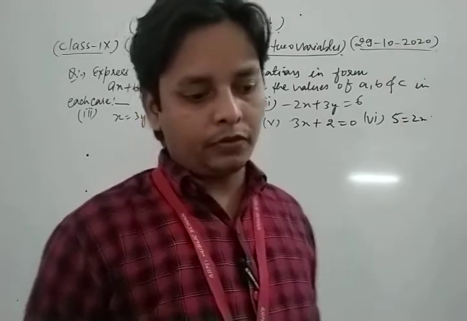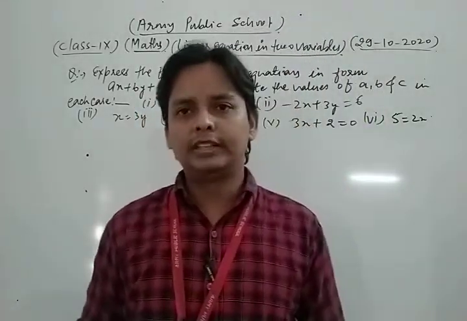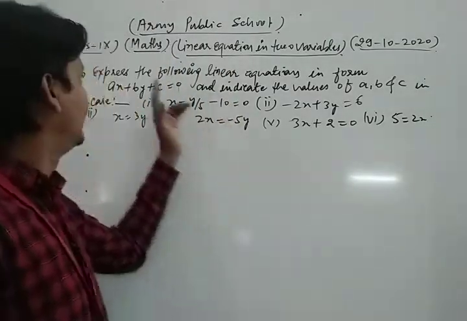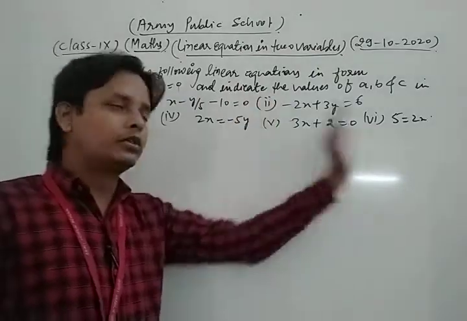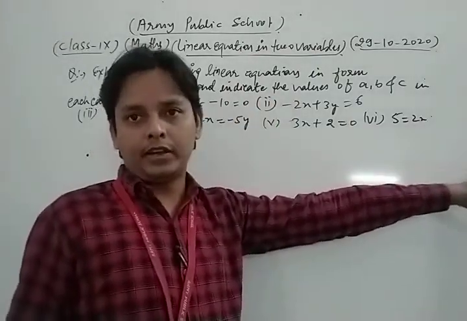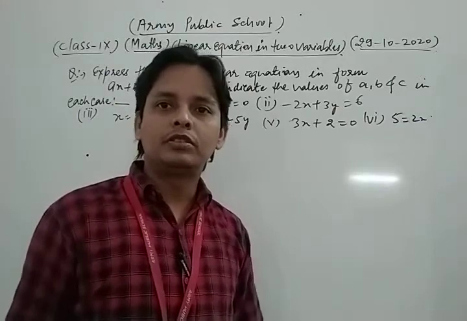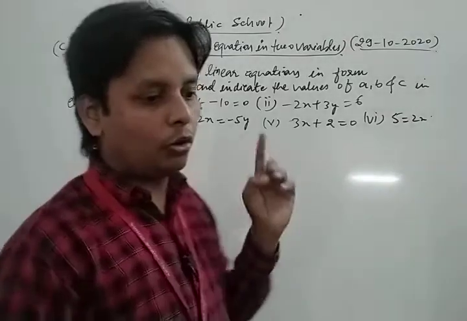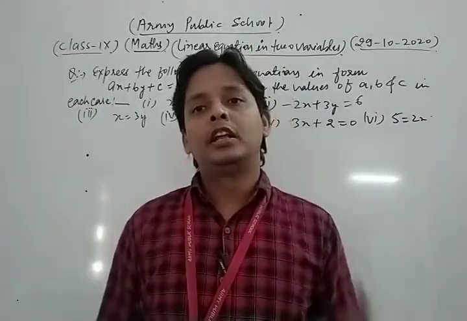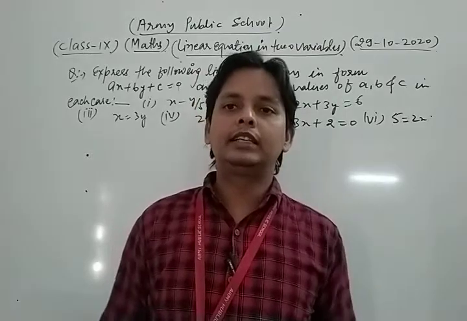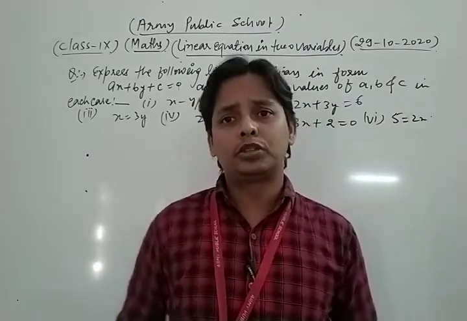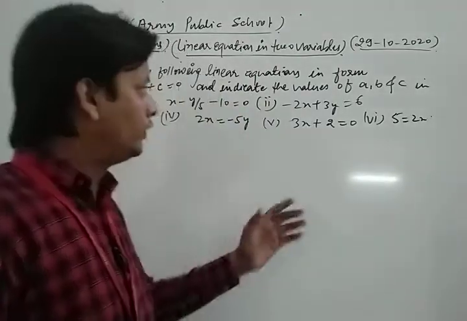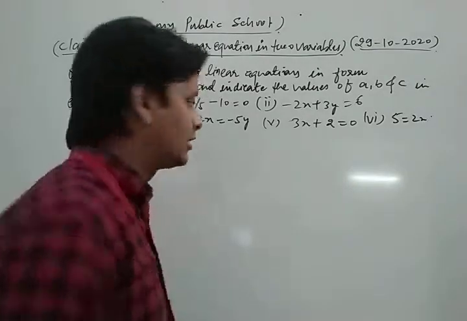In this type of question, first of all, some linear equations are given, and we write the given linear equations in the form of ax plus by plus c is equal to 0. This is the original form of the linear equation in two variables. So we express each of the given linear equations in the form ax plus by plus c is equal to 0. Now we take and solve the first part of this question. Let's see the solution.